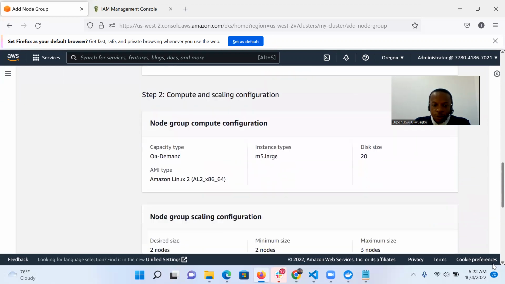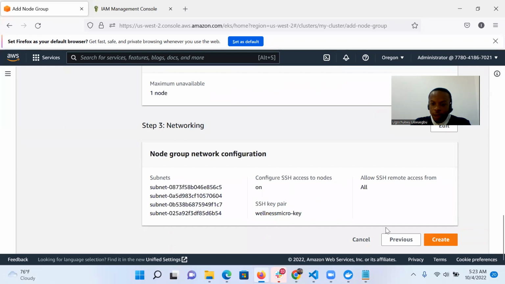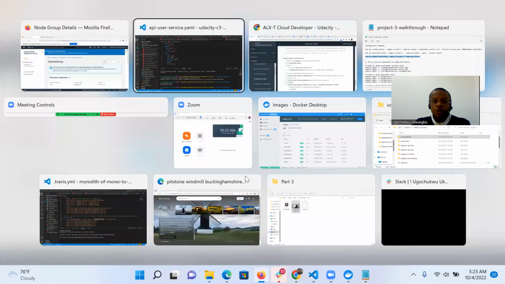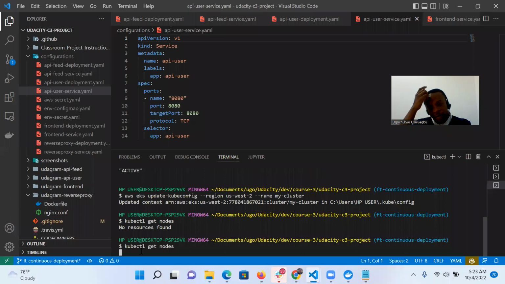So things are looking good here, so I go ahead and I create. So our node group is creating. While our node group is creating, we won't be able to interact with it. So we need that node. The node groups actually,